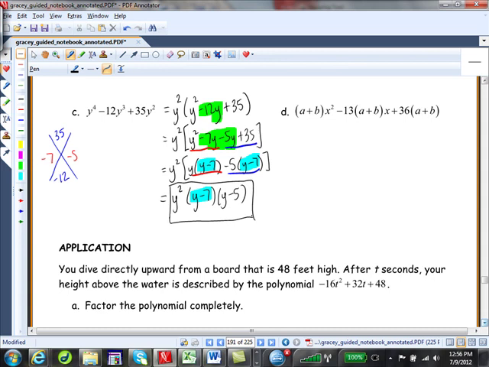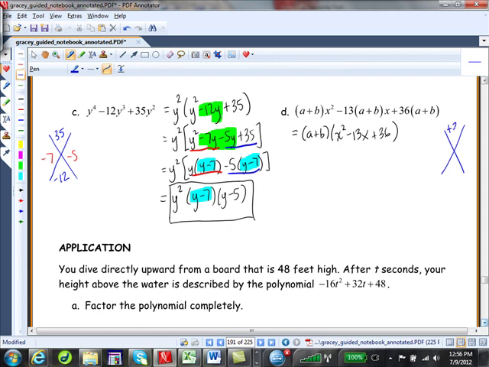Okay, so for part D, here we go. Notice that a plus b shows up in all of them. Don't forget to put parentheses around. And we're left with an x squared minus 13x plus 36. Okay. So, you make your x, you would have